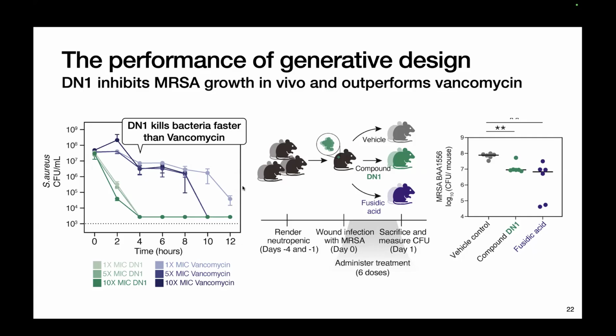In general, these two results show that this generative modeling campaign is quite effective, and we demonstrate the effectiveness of this method in vitro and in vivo, in animal models. We hope to translate these compounds into preclinical studies, to further test them eventually on humans, right? So this is our summary of the first part